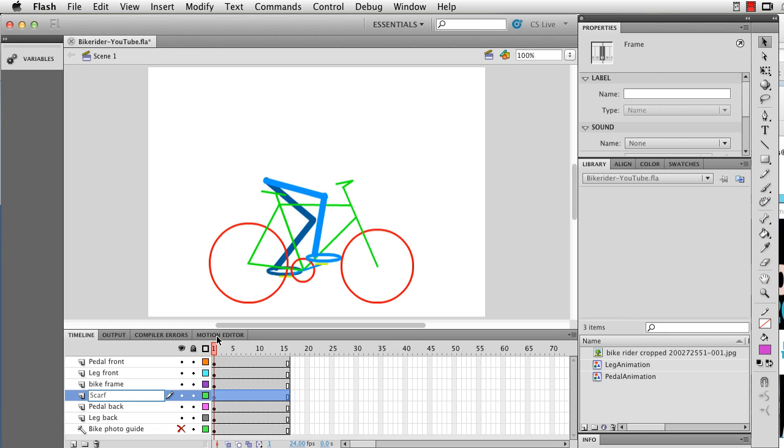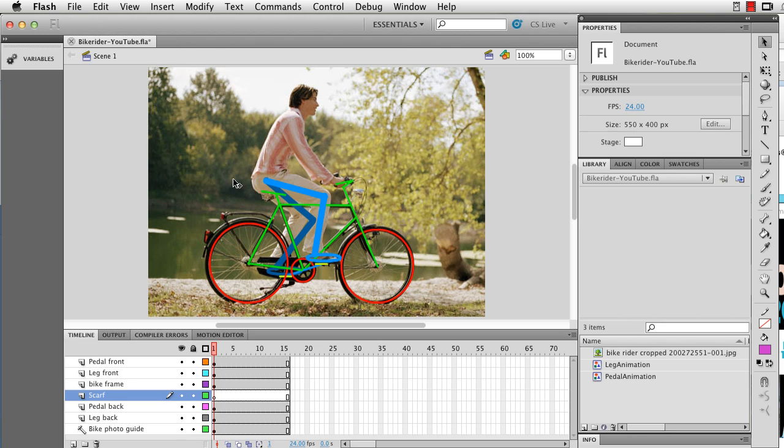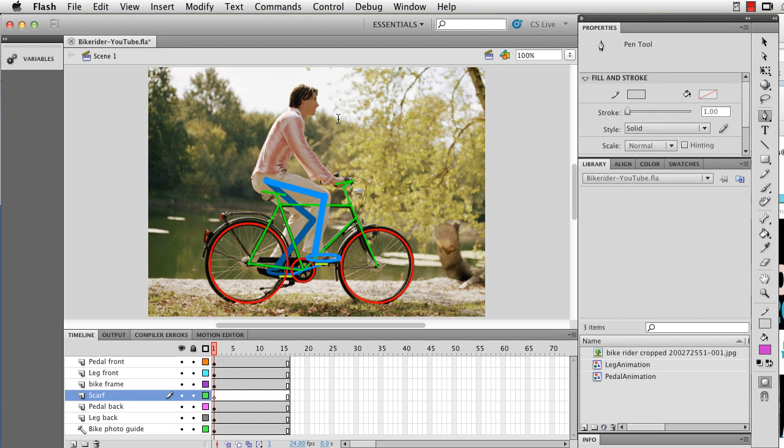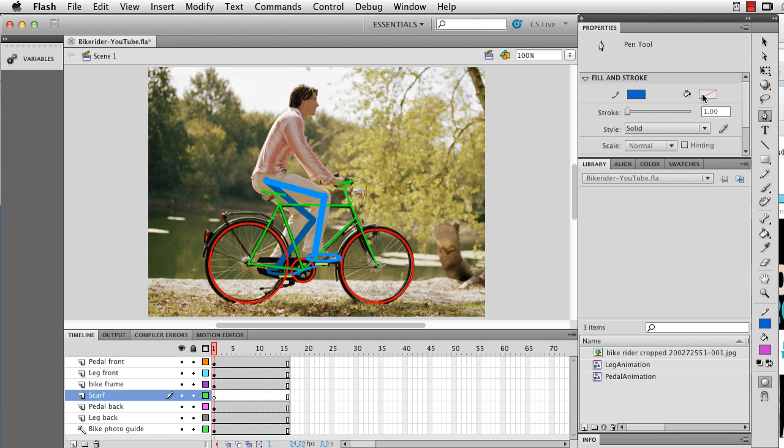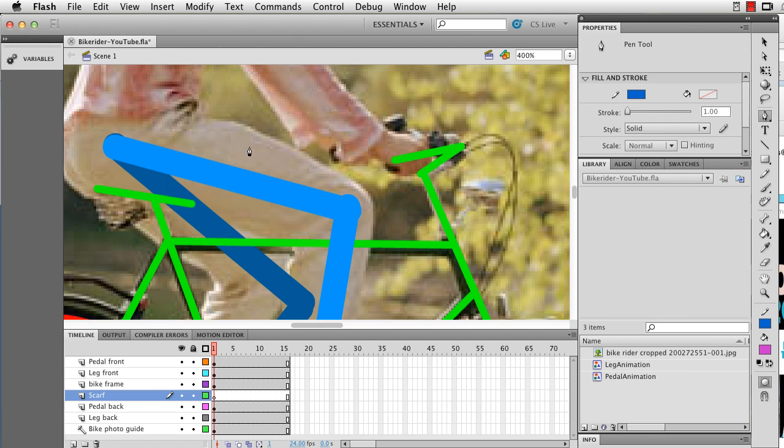And on this layer I want to create a shape up here that will look like a scarf, and then I want to animate that shape using the same frame by frame keyframe animation that I used earlier. To create the shape, I'm going to use the pen tool, and I'm going to pick a stroke color. Let's give him a blue scarf, I guess, and no fill color. So I'm going to zoom in a little bit,